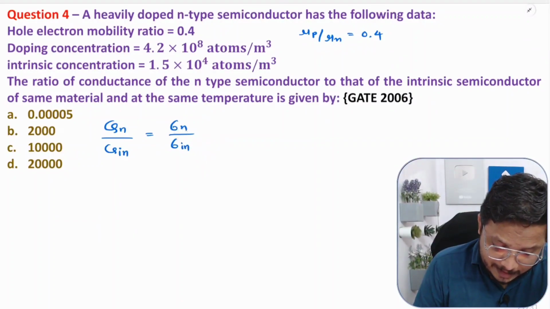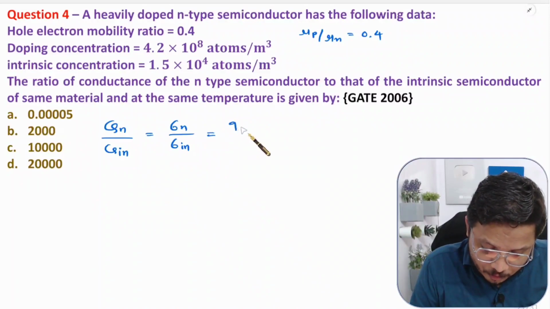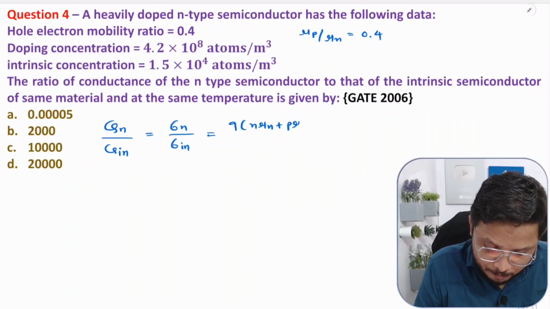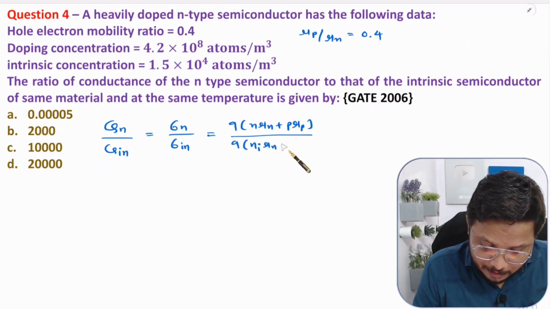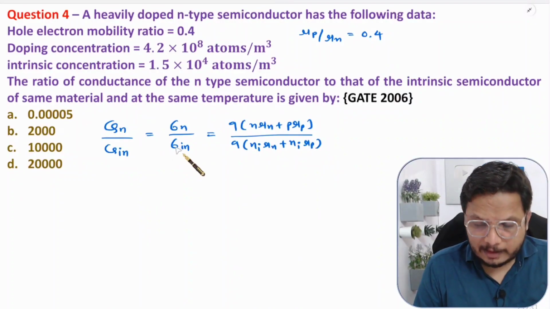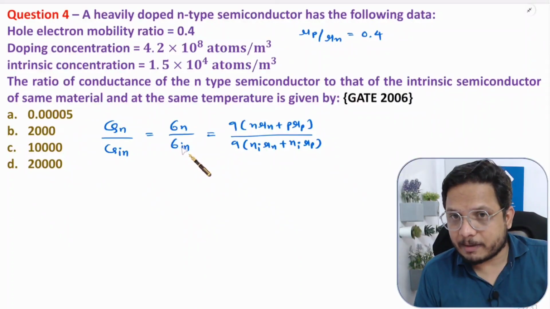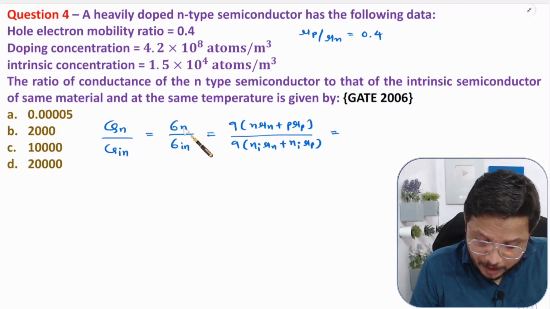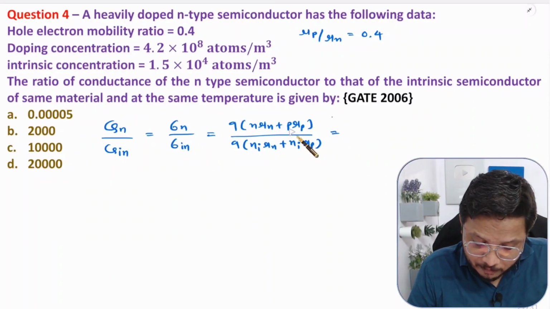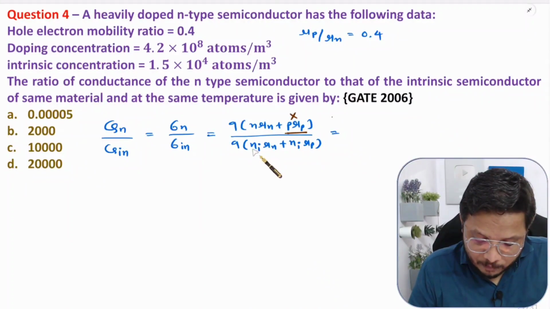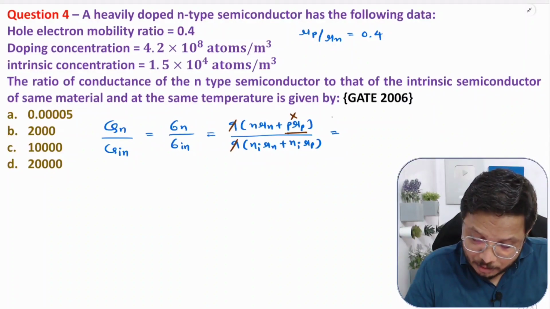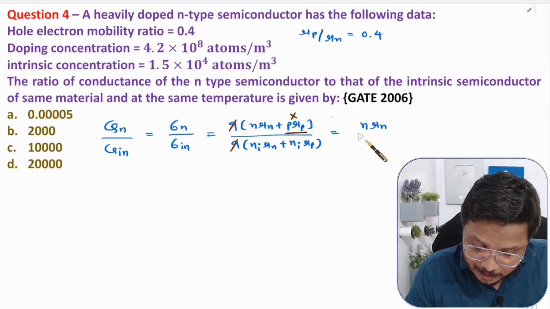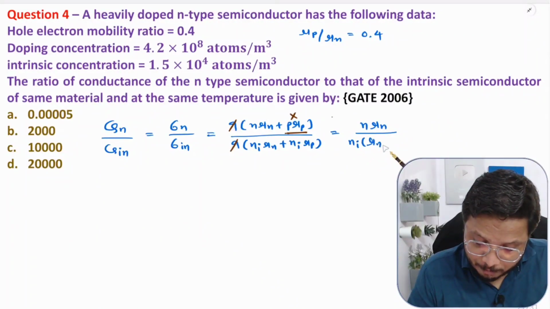Now here, see, conductivity, that we know, right? What is conductivity? That is q into n mu n plus p mu p. And here for intrinsic, that will be q into n will be ni mu n and p will be also ni. Why? The reason is, in intrinsic semiconductor material, value of n and p will be same. So here, see, for n-type semiconductor, value of p mu p, that will be relatively very smaller compared to this, so we need to neglect this. And from denominator we can take ni common, right? So this q will get cancelled, and in numerator you will be having n mu n divided by ni common and mu n plus mu p,